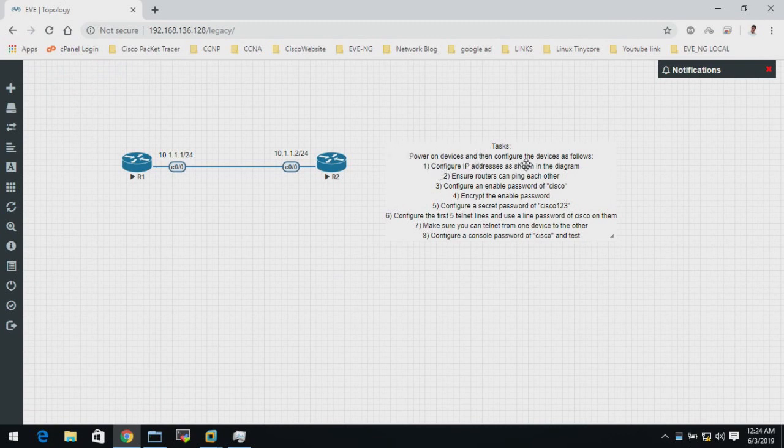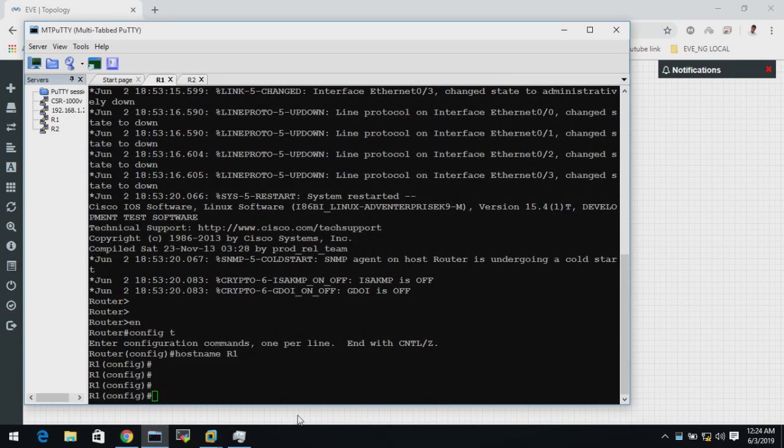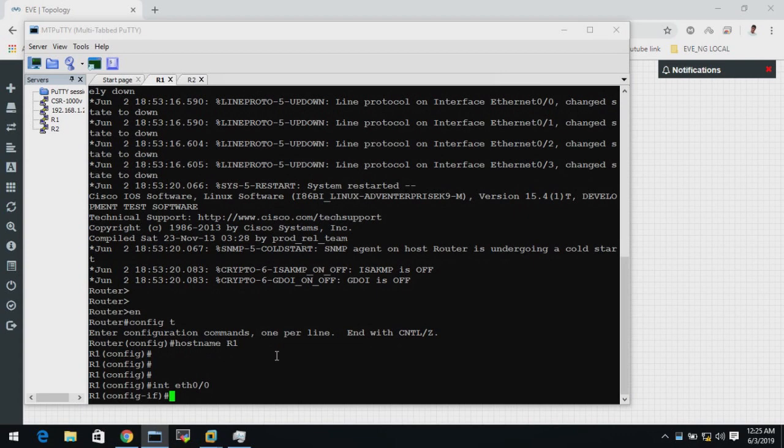Then we have to power on the devices and configure the devices as follows. First is to configure the IP address as shown in the diagram. The diagram shows 10.1.1.1/24 is the IP address to set on router 1, and router 2 gets 10.1.1.2/24. So let's go to the console on router 1 and select the interface Ethernet